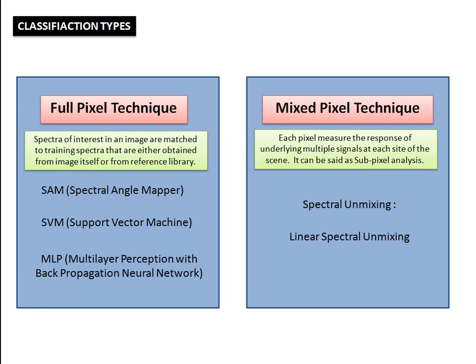Under this full pixel technique, we can use the spectral angle mapper, support vector machine, and the multi-layer perceptron with backpropagation neural network. These are the three subcategories of the full pixel technique. And under the mixed pixel technique, there is one important thing which is called spectral unmixing, and using the linear spectral unmixing technique